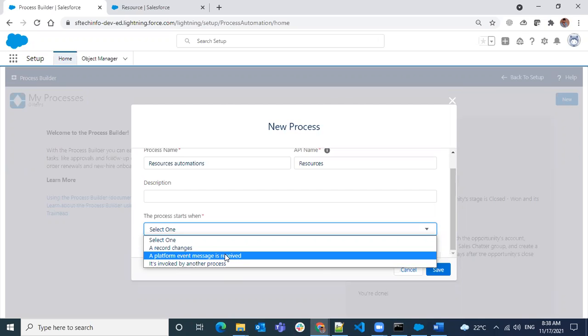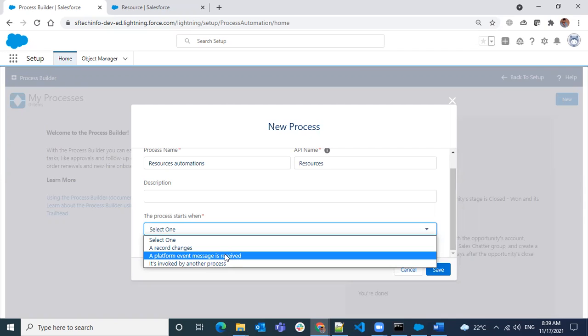You can fire this event from anywhere, from your code, or from outside of Salesforce, or any custom page not related to any object. You can use platform events across the org and outside of the org as well.